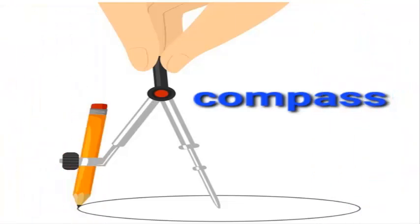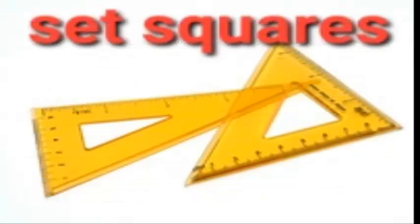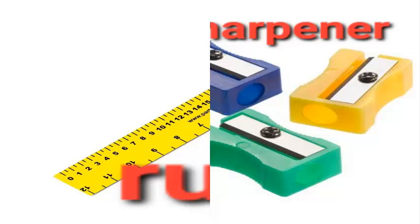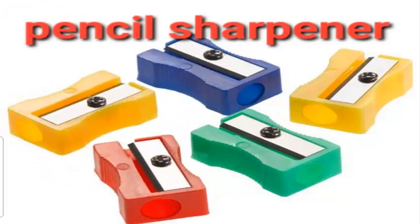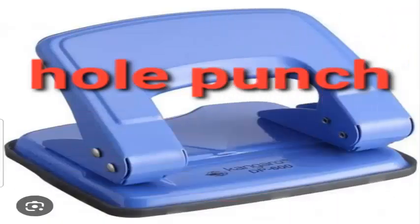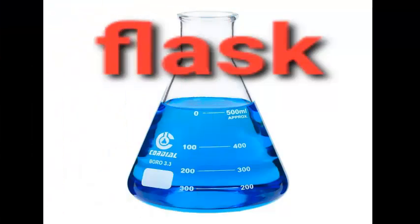Compass, protractor, set squares, ruler, pencil sharpener, rubber eraser, hole punch, stapler, flask,